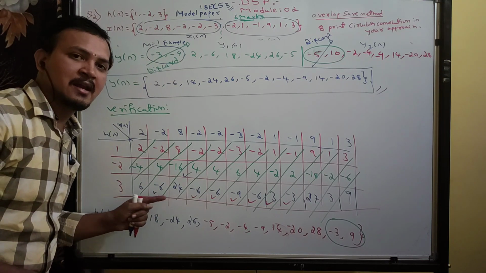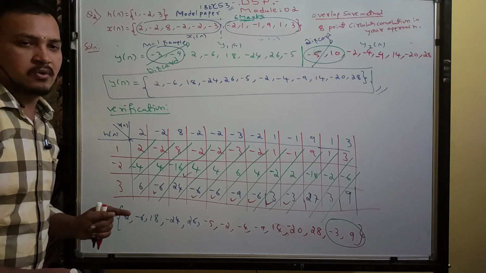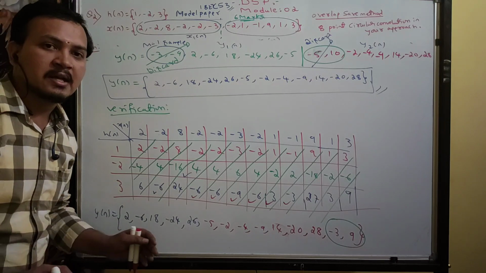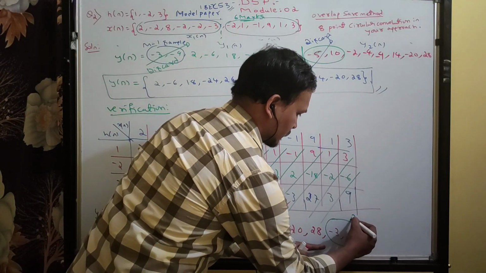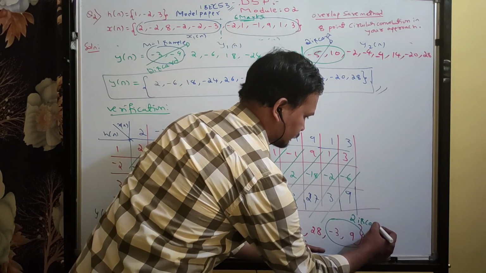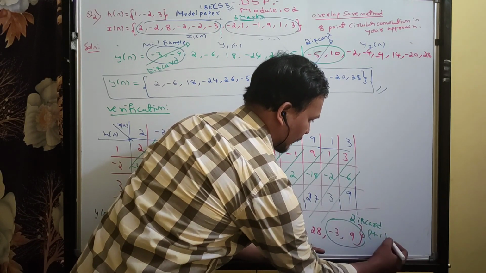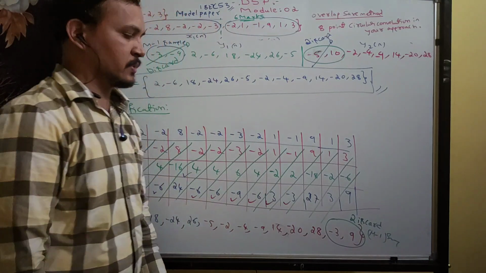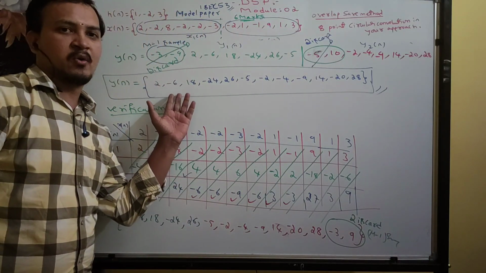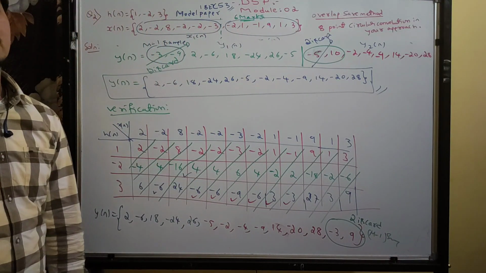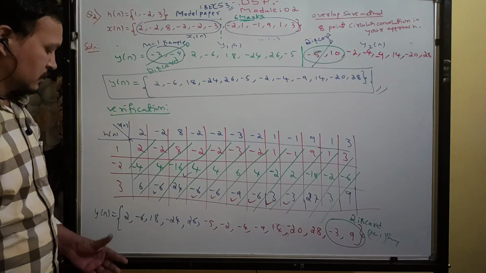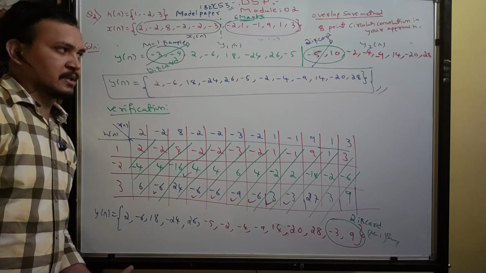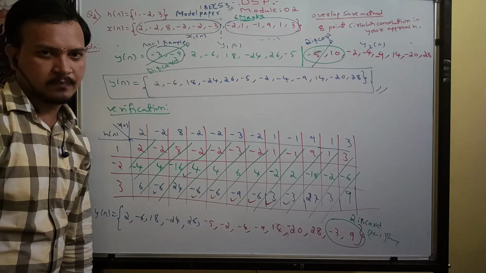What I have done is linear convolution. In linear convolution, the length of the output increases. Got it? So discard this. Discard m minus 1 samples. If you discard m minus 1 samples, then you will get the same output. That is the advantage of circular convolution. In linear convolution, the overall length will increase as compared to circular convolution.